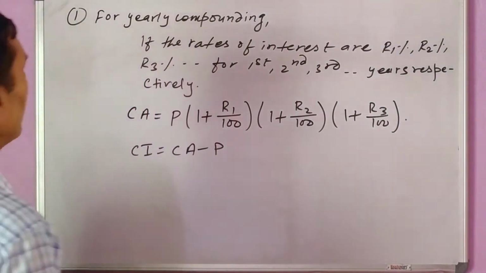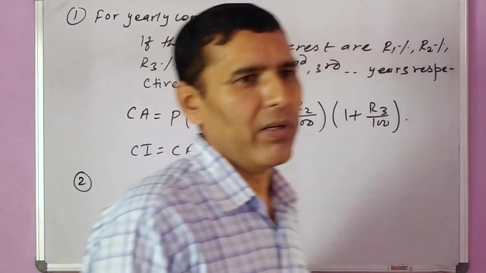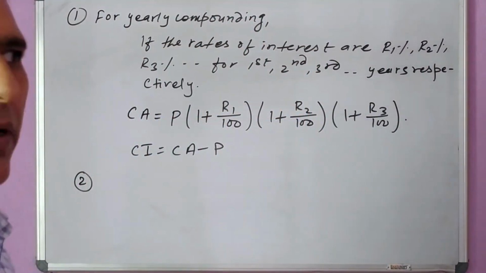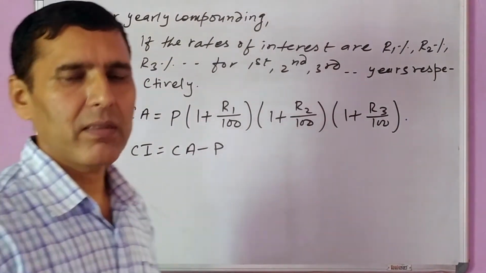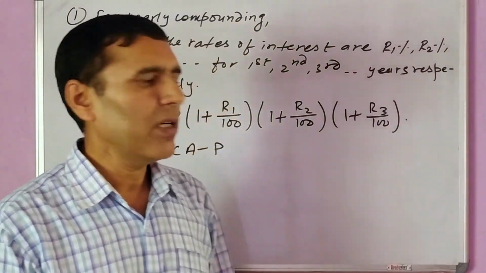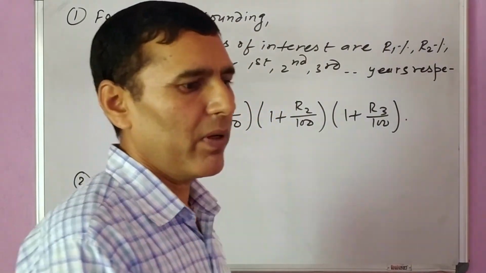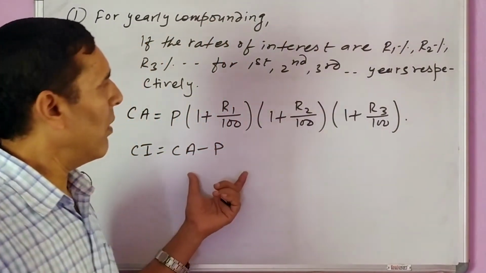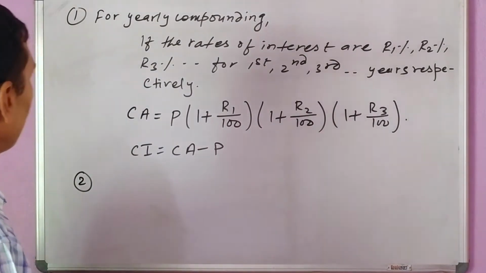We have some other conditions also, like for yearly compounding, if the time is not given as a whole number of years, that means if the time is given in the form of number of years and number of months. Similarly for half yearly compounding also, if we don't have the complete number of half years, and for quarterly compounding if we don't have the complete number of quarter years. So in this condition, this formula will change slightly. Let's see about this also.